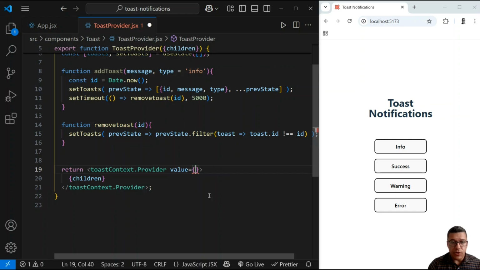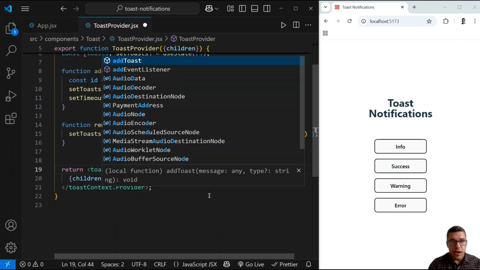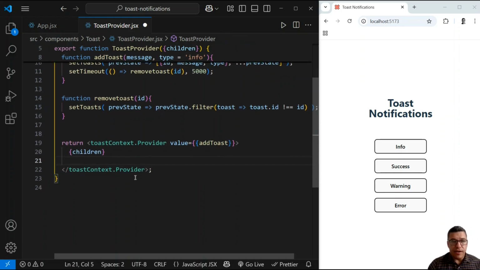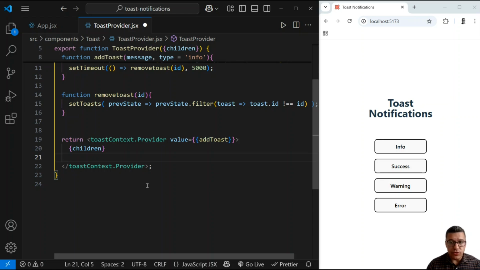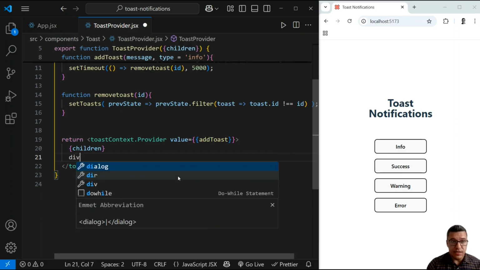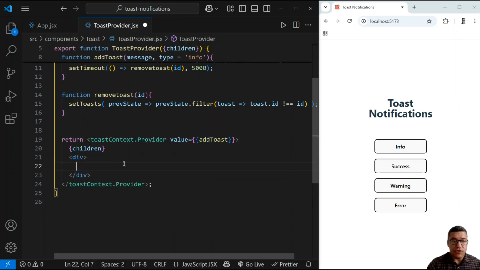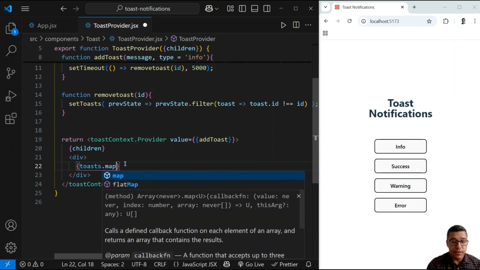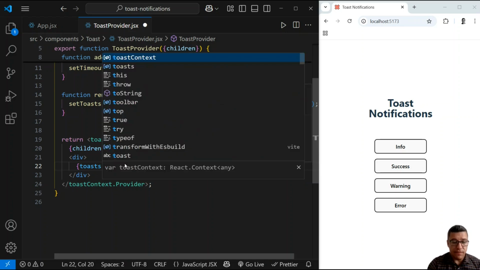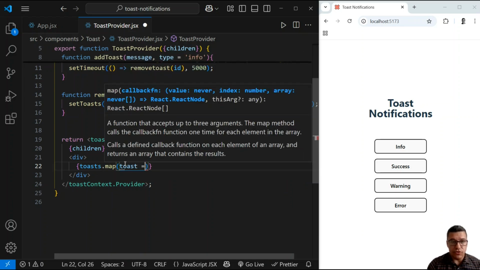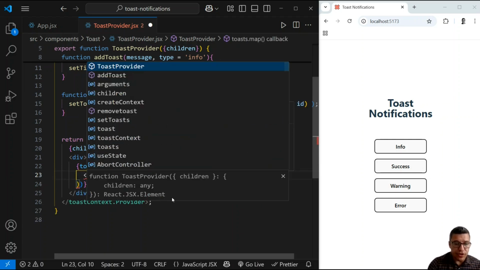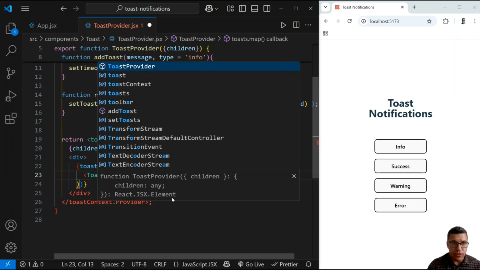Okay, that's good. Now here as my value prop inside my provider, my context provider, I will pass add toast function. Okay, and now here we will map through all of our toasts inside the array and display all of them. I will have them inside a div. We will put the classes later to that div. So for all of the toasts, I want to map, and for each toast I want to return JSX code. In fact, I want to return my custom toast component,